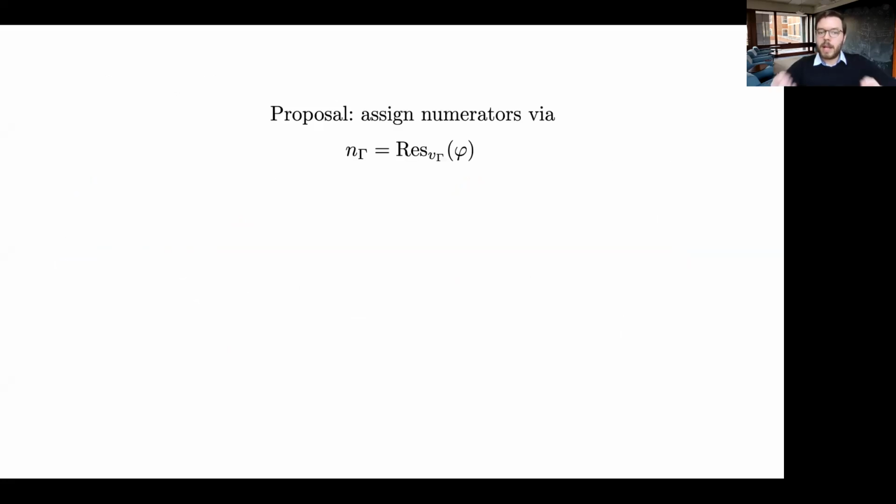Now, this leads us to a natural proposal. What we're going to do is just pick a single differential form, phi, and then by doing residues in various different ways, which are already in one-to-one map with diagrams, I'm going to assign numerators as the value of this residue. Strictly speaking, here we're talking about equivalence classes of differential forms. That's because if we deform it by some exact term like this, well, the residue of d of something is always 0, so it doesn't matter which representative of this equivalence class you take, you always get the same